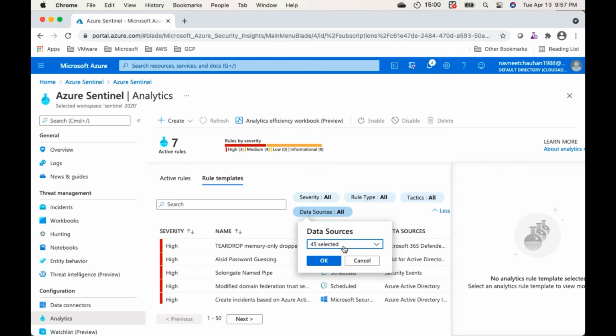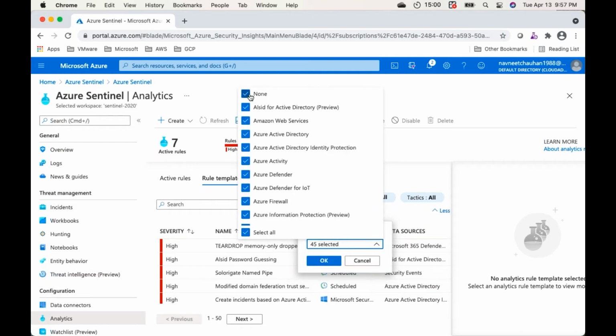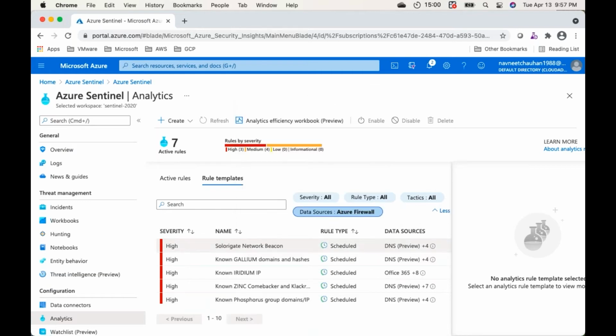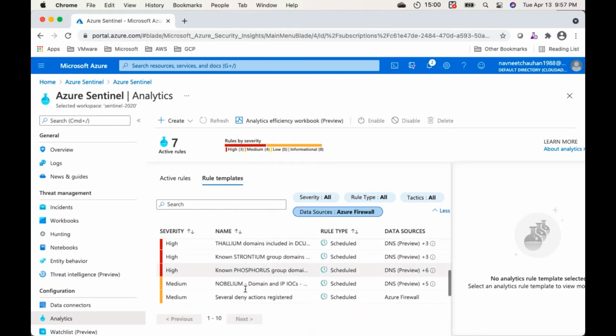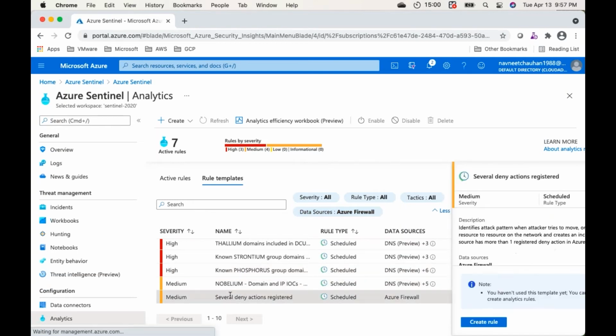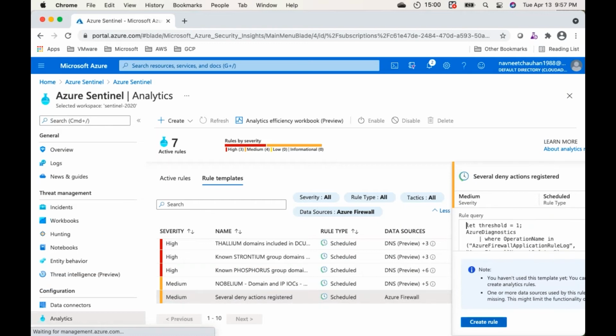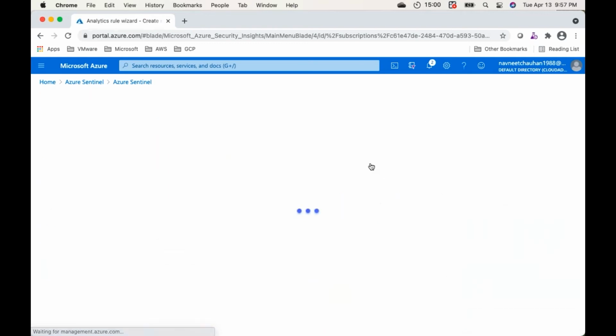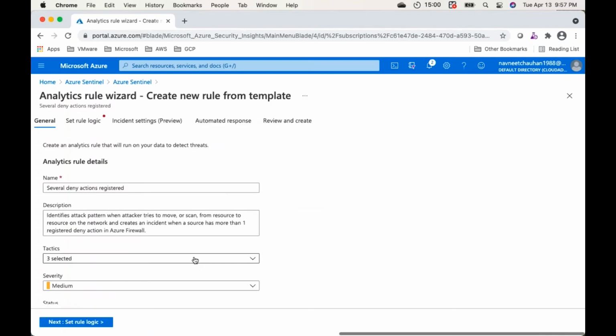For example, the data source: by which data source you want to filter these rules. For example, for Azure firewall, how many analytics rules do I have for firewall? So these are the different rules for firewall. So, several deny actions registered, and then I create the rule based on that. So this is the rule template that is already created by the Microsoft security team. And based on that, you can create these rules in the